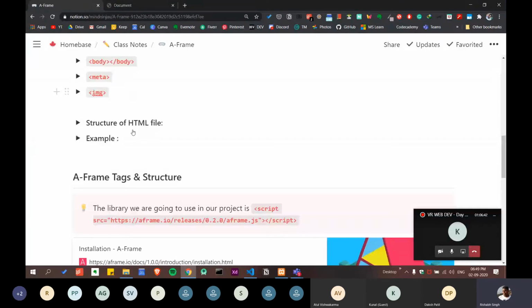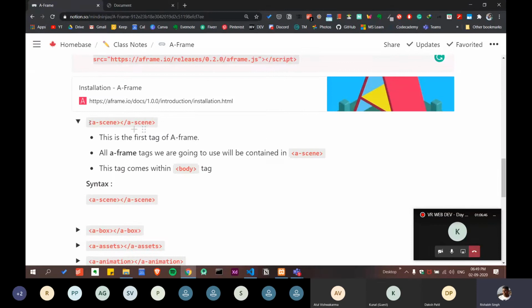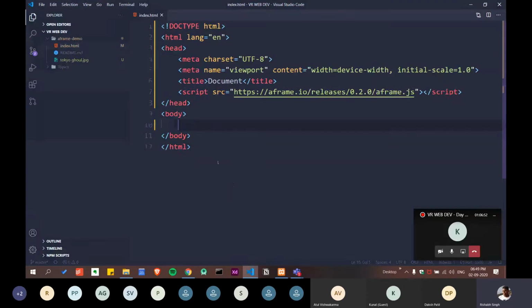First, let's add this tag. Again, this will do nothing, it will just show us a blank screen, but we are going to add it. Again, I'm going to be lazy. And here it is.